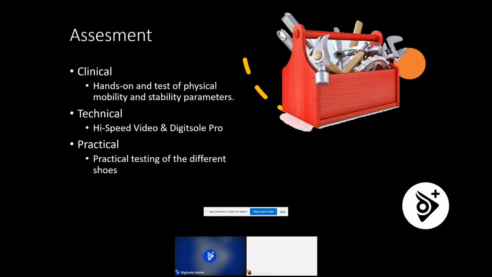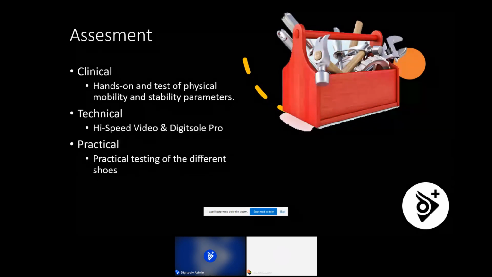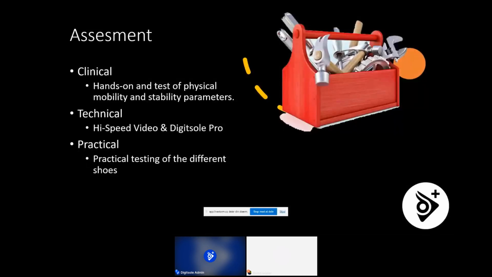or run is performed. And that's where we put in the Digital Pro as the new boy in town, or the new child in the class, that can give us these aspects of what is happening within the shoe in relation to the gait patterns and different issues that we will address later on in 3 cases that I have brought tonight. So clinical, technical, and then we go out practically and test the different shoes that we have here at